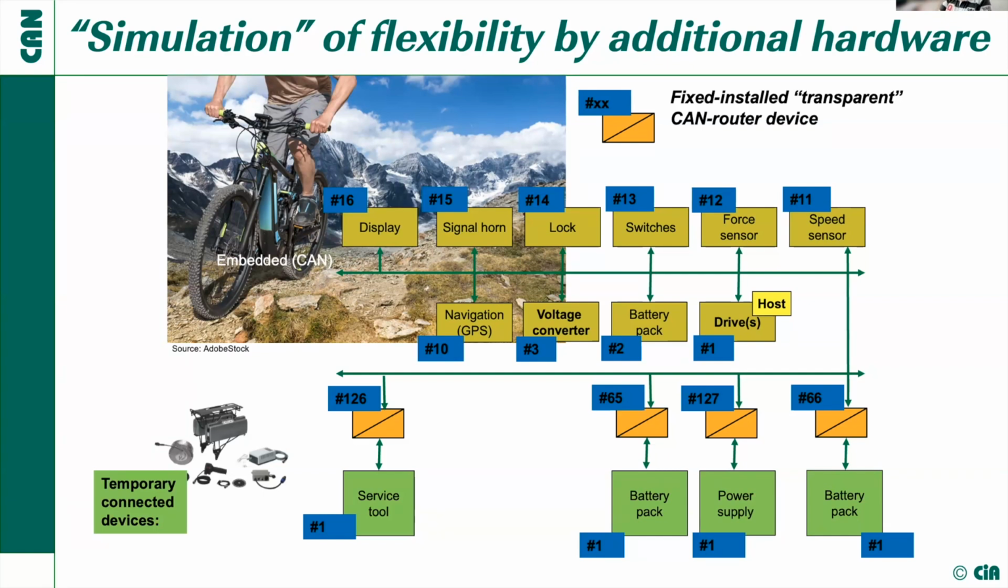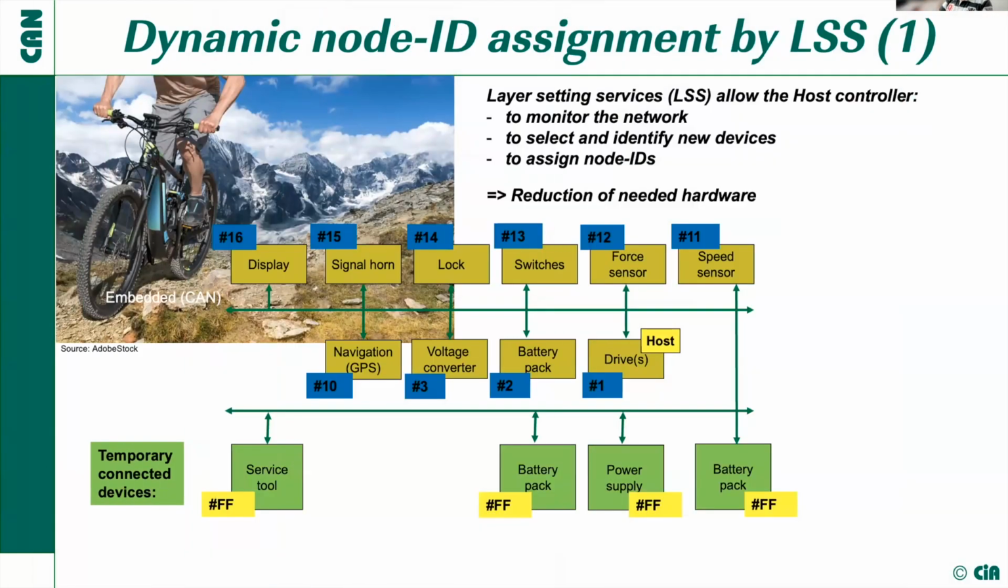But it depends on the application, whether you want to have this, whether there's even space for these kinds of devices. Or whether you say, I don't want to have them, I have no space, I have no possibility, and I also want to save money and maybe also hardware. And therefore, why not shift this intelligence of the node ID assignment to a host controller, which is anyway available in my application? So exactly something like that: the layer setting services, dynamic node ID assignment, and